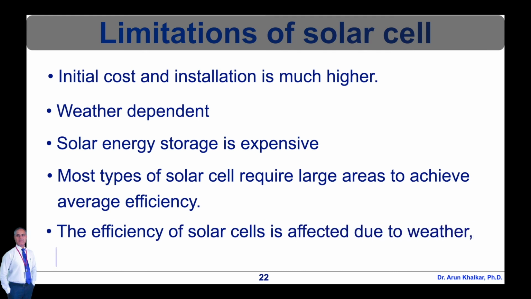The next limitation is that it is associated with pollution. Although pollution related to solar energy systems is far less as compared to other sources of energy, solar energy can be associated with pollution. Transportation and installation of solar systems have been associated with the emission of greenhouse gases. There are also some toxic materials and hazardous products used during the manufacturing processes of solar photovoltaic systems, which can indirectly affect the environment. Nevertheless, solar energy pollutes far less than other alternative energy sources. So these are the limitations of solar cells.